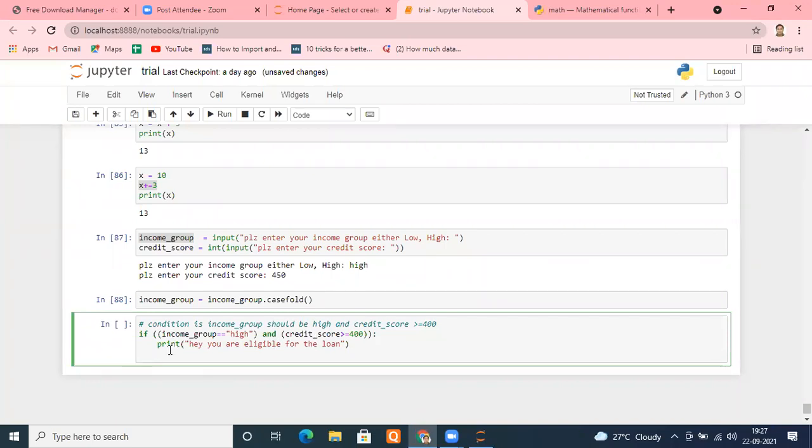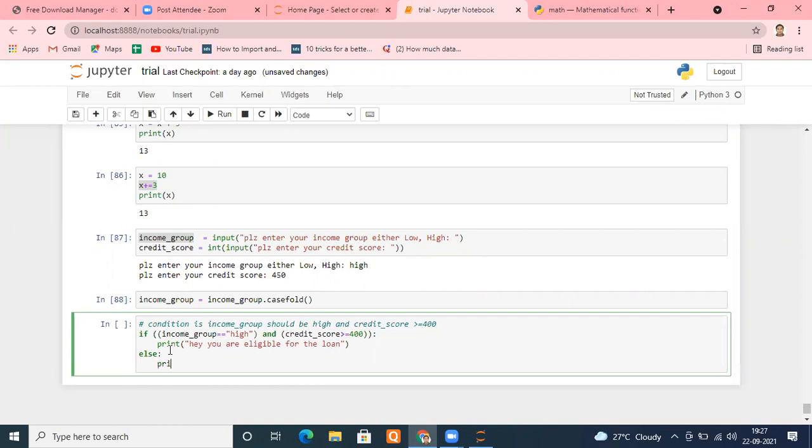I want the condition to be failed. Then move to the same indentation as the if and type else. Put a colon again in the else, print, sorry, you are not eligible. Is it fine, everyone?